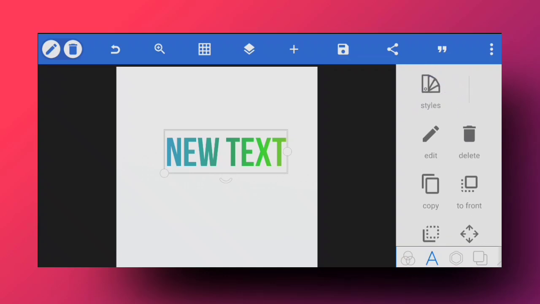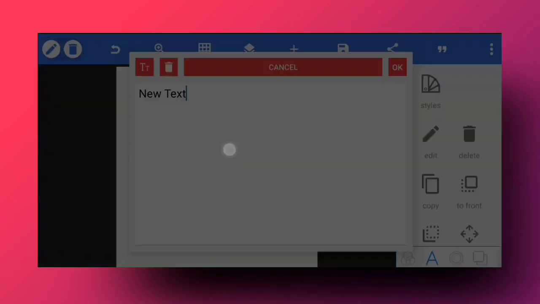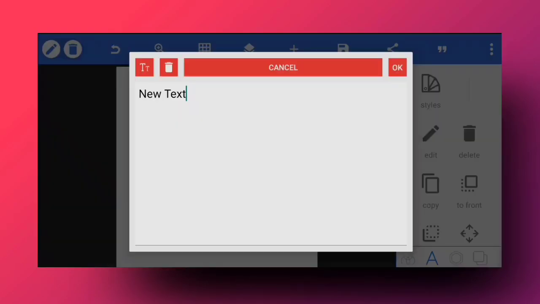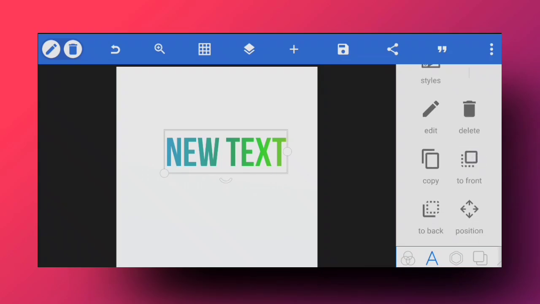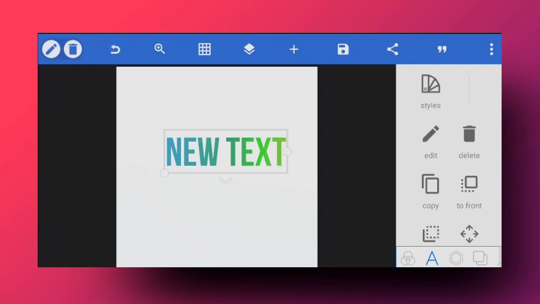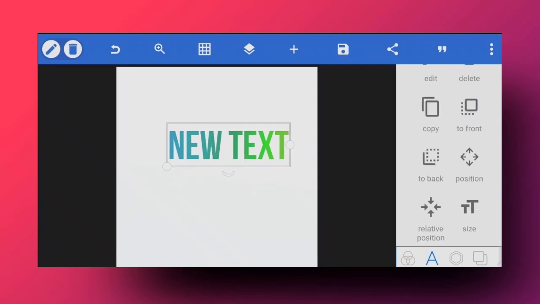Now moving on, this is the pen tool, which similarly lets you add and edit text. So if you are not double tapping on the text to edit, you can also tap on this edit option and you can edit the text that you want to edit. Also this is the function to delete the text. So if you delete that one, it will be gone. So whatever text you want to delete, you can delete from the tool itself. I'm just going to hit the undo button right here to get it back, and we've got our text. So yeah, these two functions are okay.